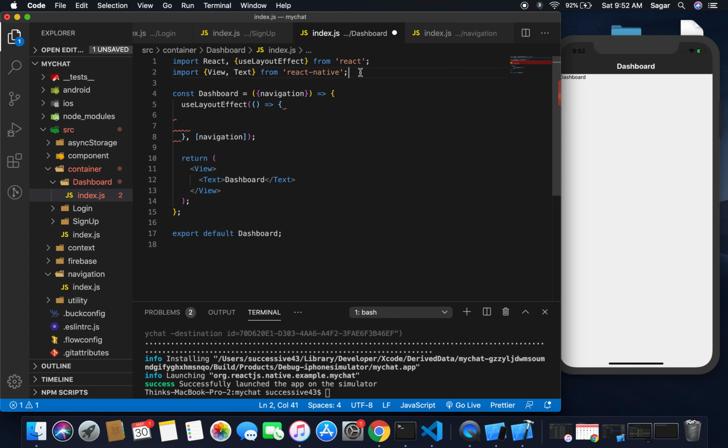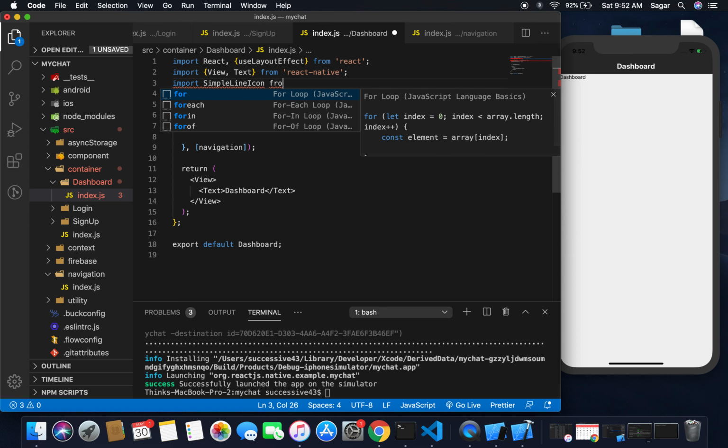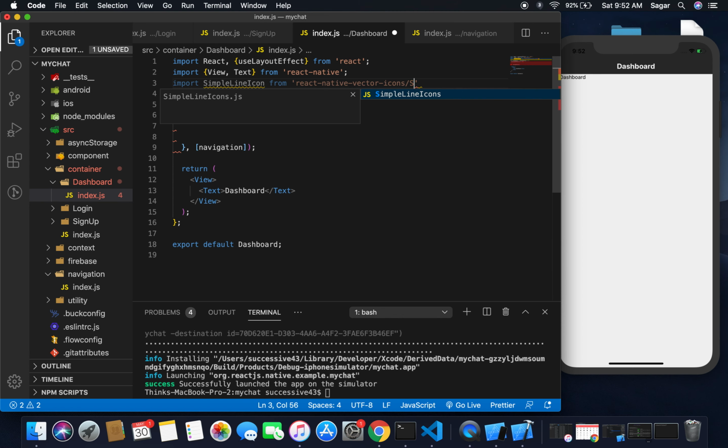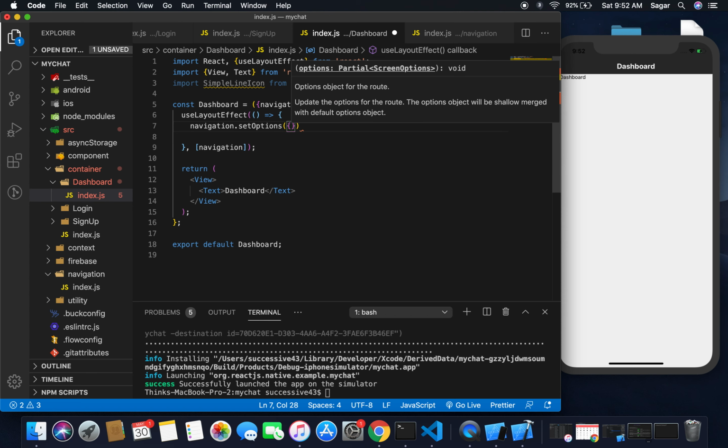Also I am using React Native Vector Icons, so import SimpleLineIcons from react-native-vector-icons, simple line icons. That's all. And for useLayoutEffect, I'm going to use navigation.setOptions, and inside options the props